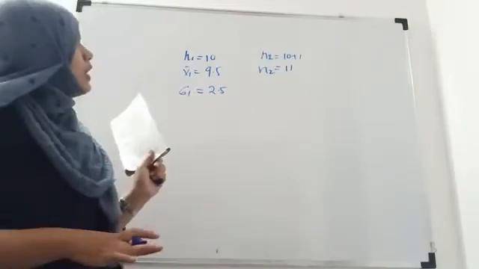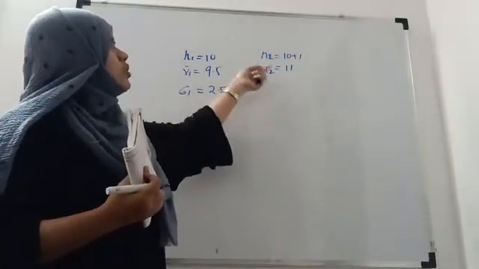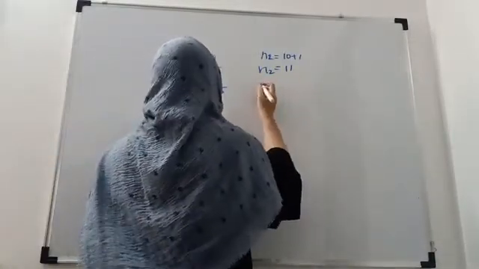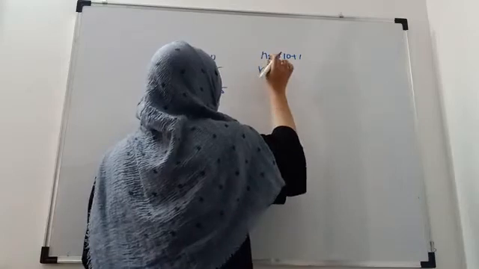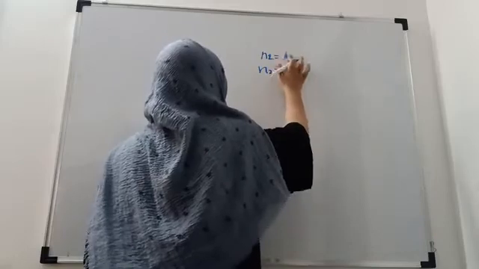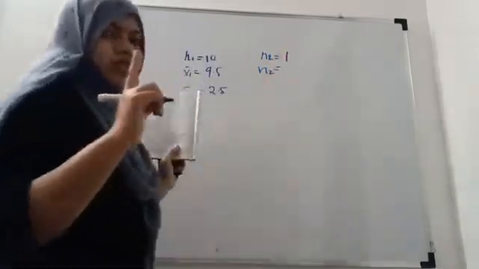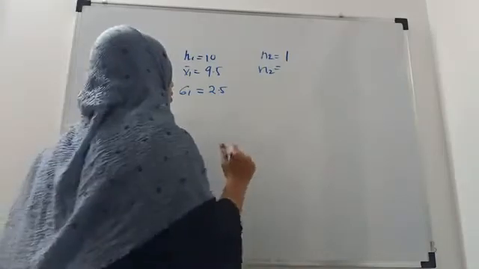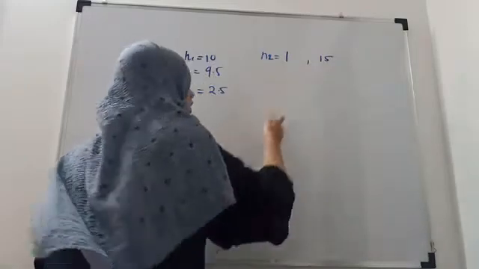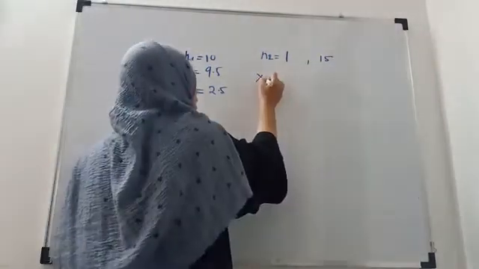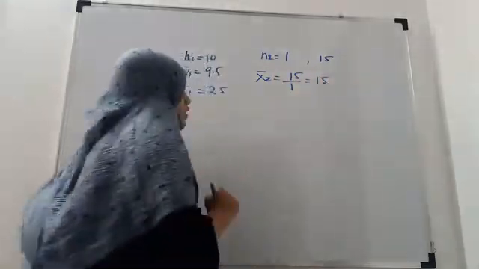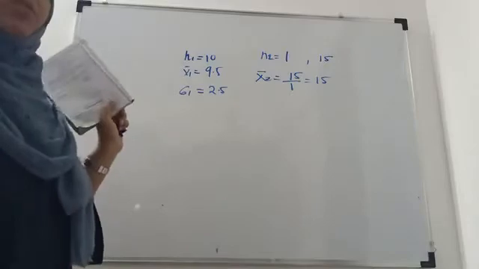So here it is given that one more observation is added. Okay, so what will be its mean? See here, n2 will be 1, not 11, because only one observation is there in the second sample. So the n2 is 1 and the value of the observation is 15. So what will be its arithmetic mean? It will be 15 divided by 1, that is 15. Average will be 15, because only one value is there.